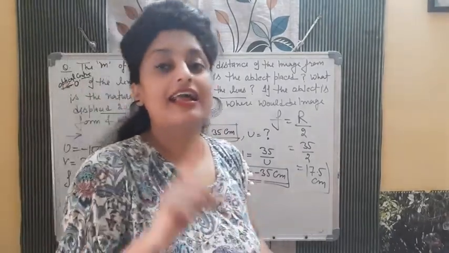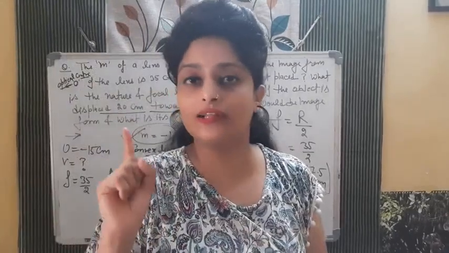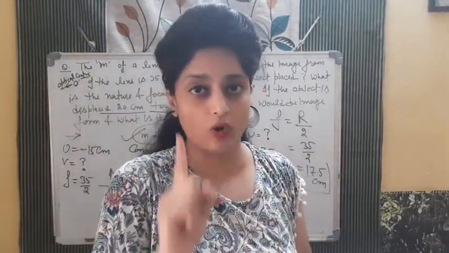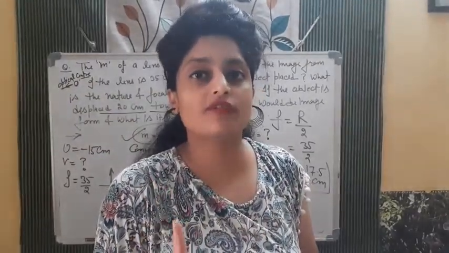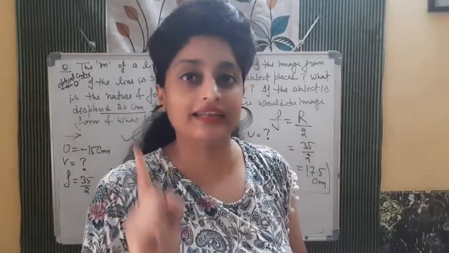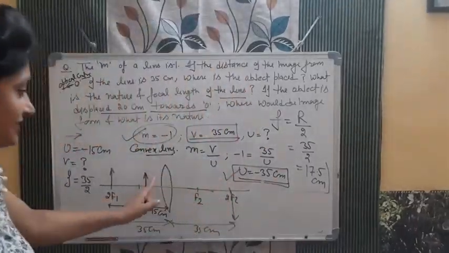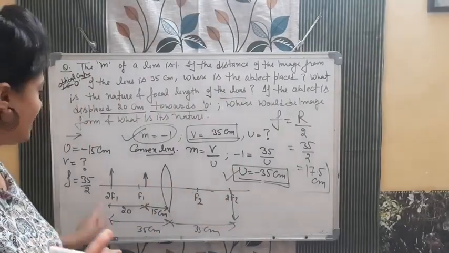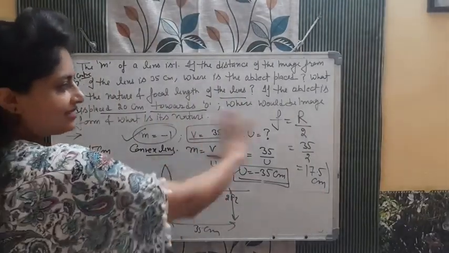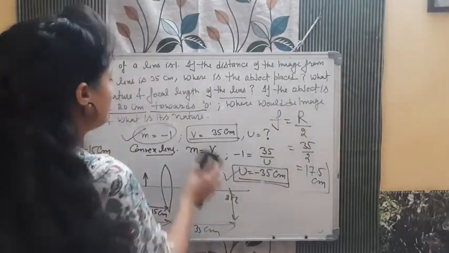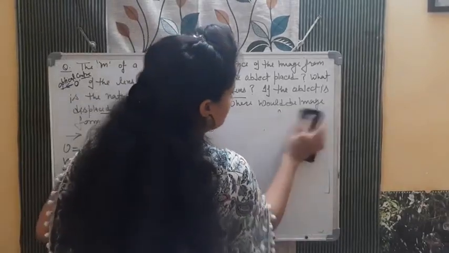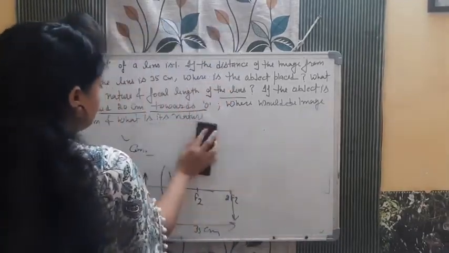It is a convex lens. Remember the last case: when the object is between the focus and the optical center, the image formed is virtual and erect. So in this case the image will form in this way, and we need to find that out. How will we find out? I am erasing this part. I hope you noted it down or you got it. So now I am erasing this, and see what happens.